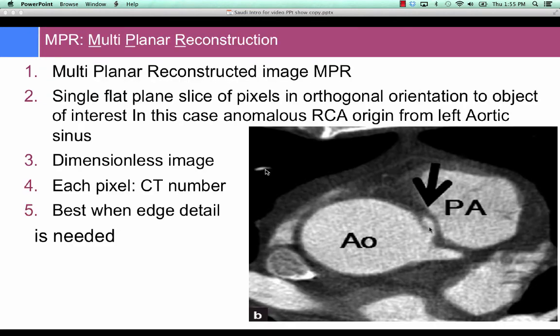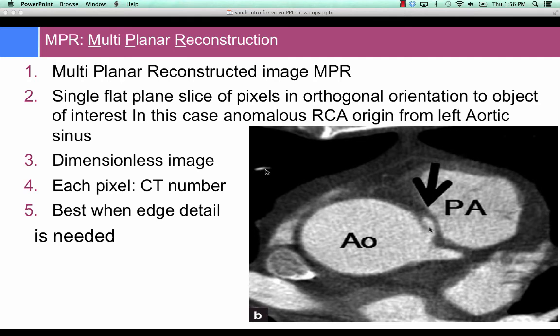Multiplanar reconstructed images are basically the raw data. Remind you that all these pixels now are recreated as uniform measured cubes. They're about 4.5 to 5.5 millimeters in dimensions, and we can use the tools to create any plane of orientation. We may have an axial planar reformat. We may have a sagittal reformat, or we can have any number of millions of different planes of obliquity